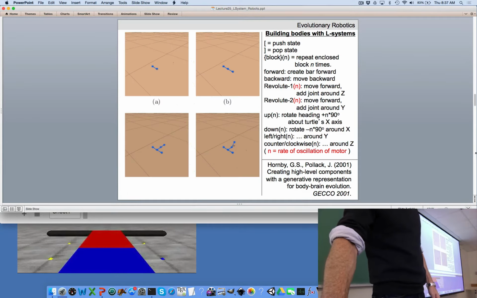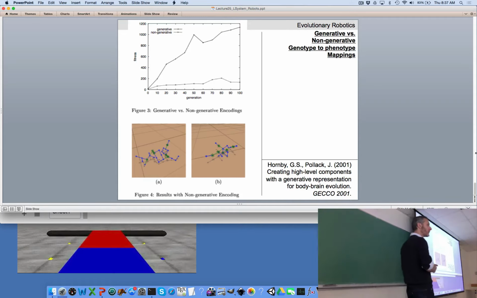And if you evolve this simpler genotype to phenotype mapping, evolution has a much harder time. So if you remember back to our theme a few weeks back about open challenges in the field of evolutionary robotics, this is one of them, right? How do we design a genotype to phenotype mapping? Or more generally speaking, how do you create a good evolutionary system that is evolvable, meaning you're making it easier for evolution through slight random changes, through mutation and crossover, to continually produce robots that have higher and higher fitness,